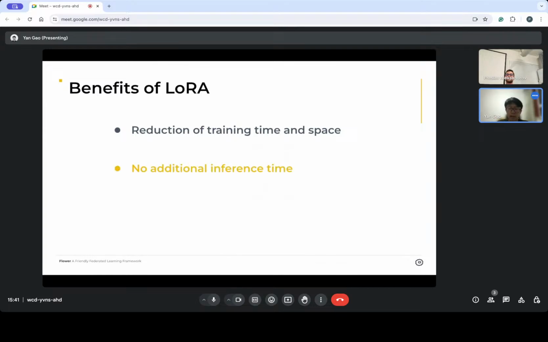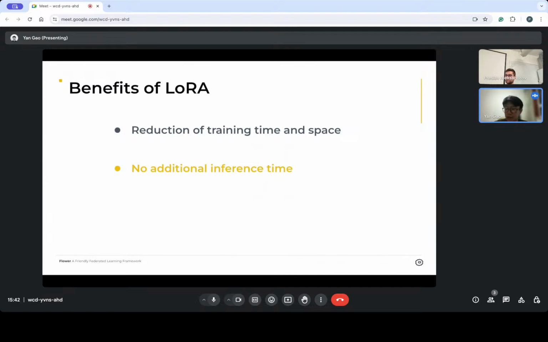Also, if we need to use it in production, we can just explicitly compute the updated model weights, which equals the original weights plus the product of B times A, store the result, and then perform inference as usual.